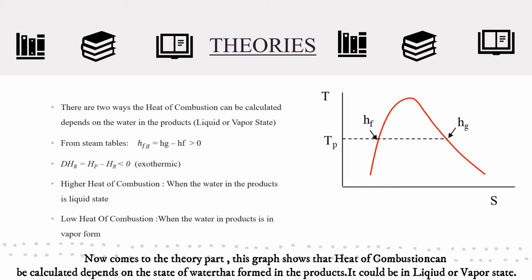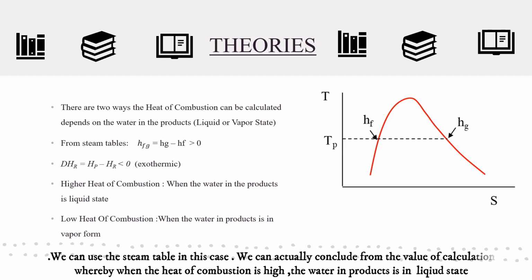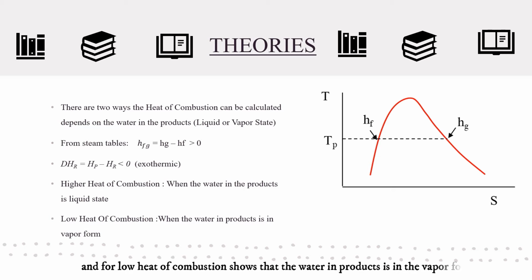This graph shows that heat of combustion can be calculated depending on the state of water formed in the products. It could be in liquid or vapor state. We can use the steam table in this case. We can conclude from the calculated values that when the heat of combustion is high, the water in the products is in liquid state, and a low heat of combustion shows that the water in the products is in